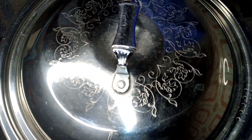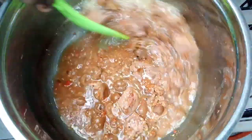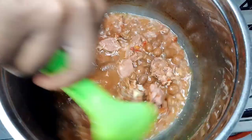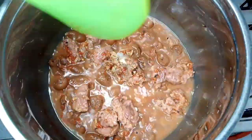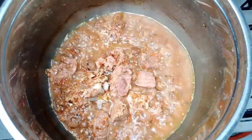It's already 20 minutes. Let's check on our protein. Wow, it is cooking very well. Look at the meat stock. I didn't add a lot of water. Are you seeing the results? At this point, my meat is already soft,